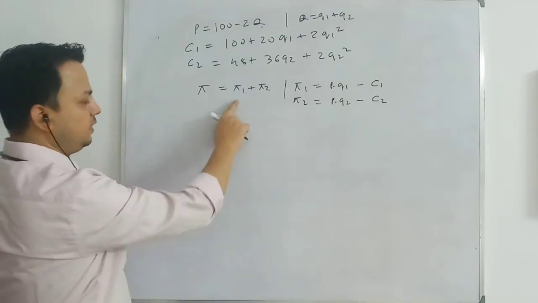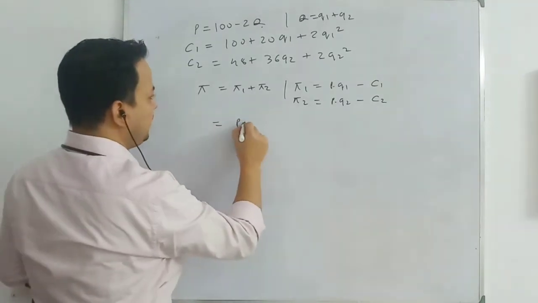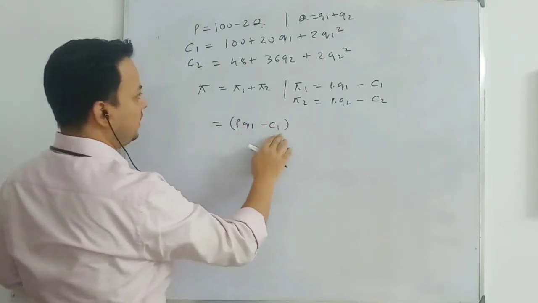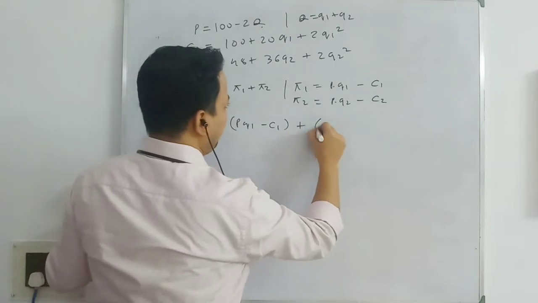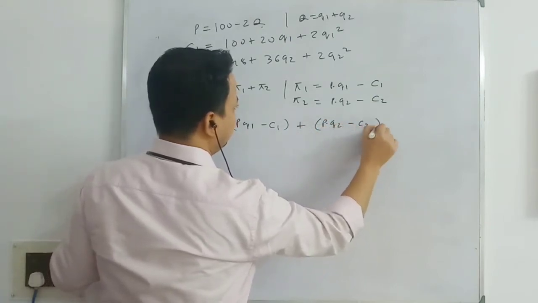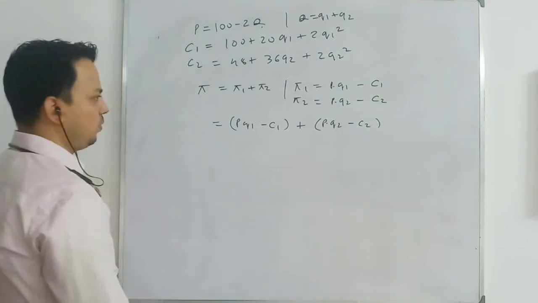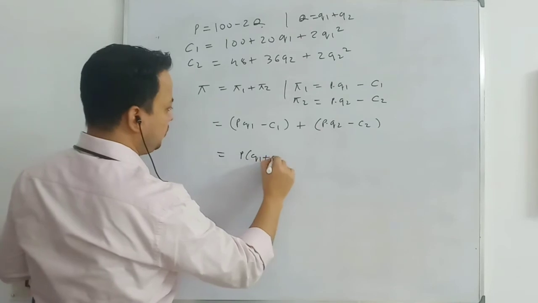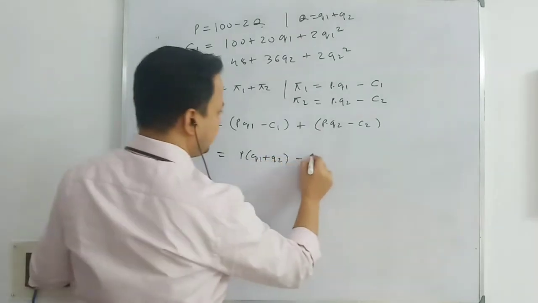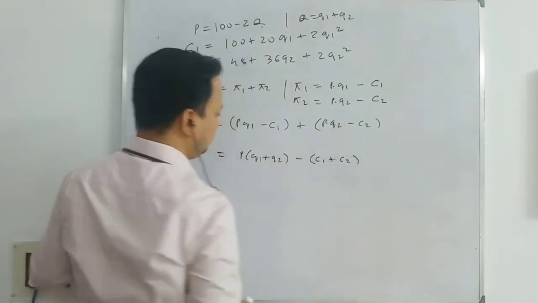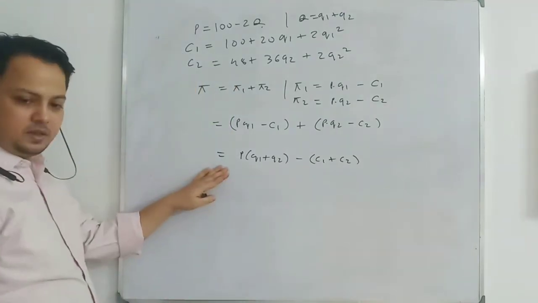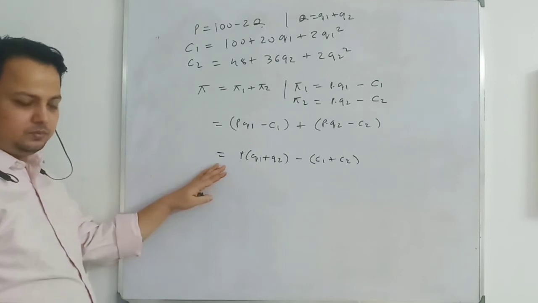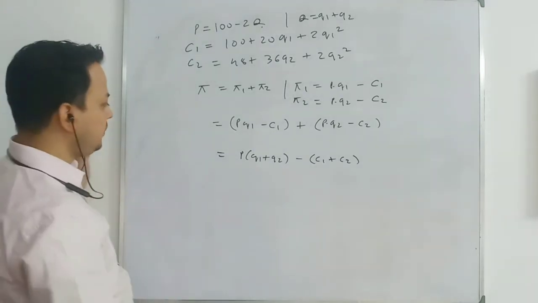Okay, so write it here. This will be PQ1 minus C1. This is revenue minus cost, profit of firm 1. Profit of firm 2 is price into Q2 minus C2. Okay, this is profit of firm 2. I am writing these two together. Price will be common. It will be Q1 plus Q2, minus C1 plus C2. Okay, till now is it clear to everyone?